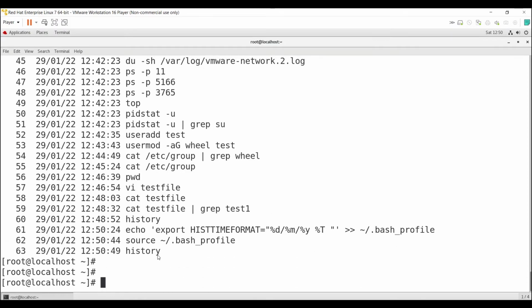Okay, so you can see the history command was executed on 29th of January 2022. The time is 12:50. Okay guys, so if you need to